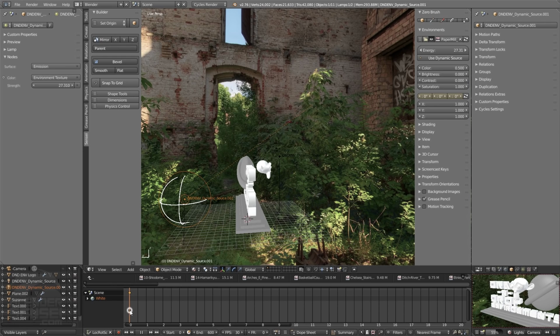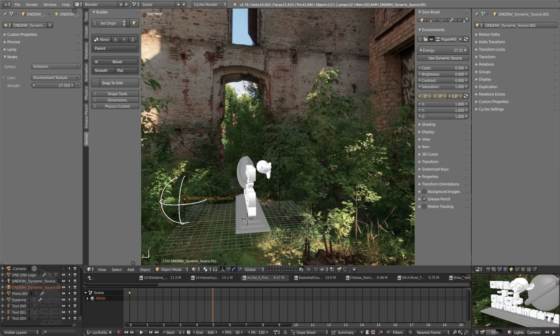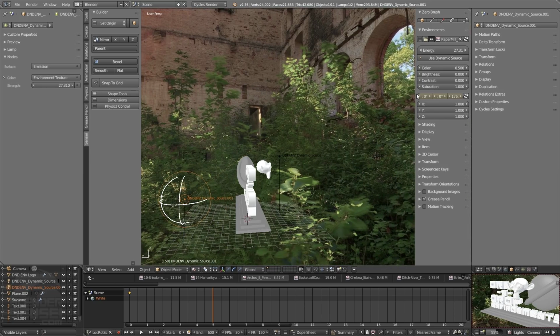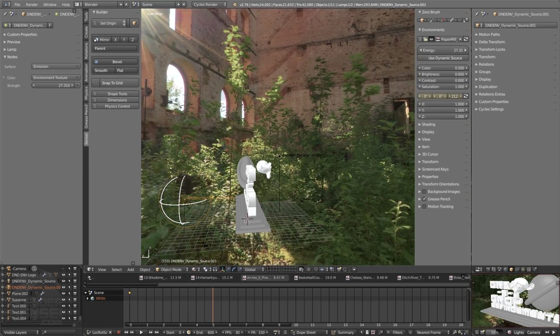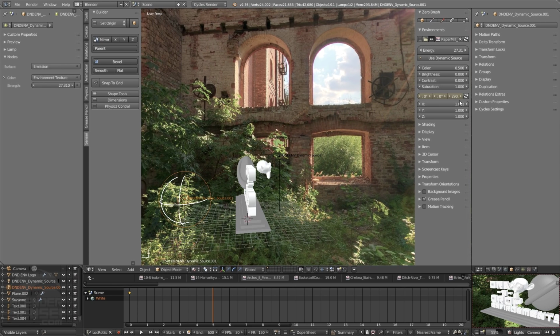Then I right click and drag this to say 5 seconds or so, and increase this value to do some kind of rotation,